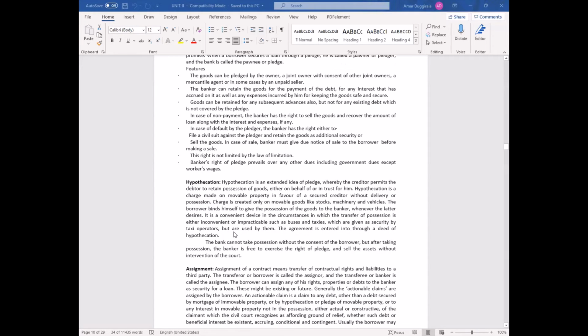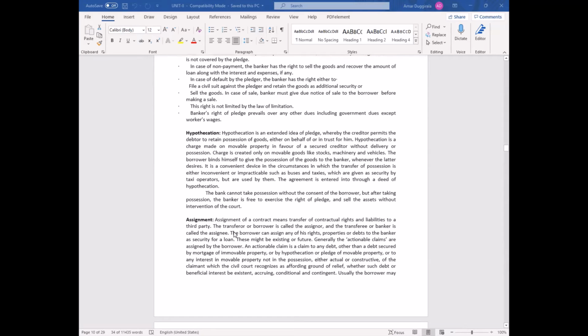Third is hypothecation. It is a very popular model you can see in the consumer lending field, where house loans, home loans, vehicle loans and two-wheeler loans are given. This is one of the best examples of hypothecation. So it's an extended idea of pledge. It's a kind of pledge, but an extended pledge, whereby the creditor permits the debtor